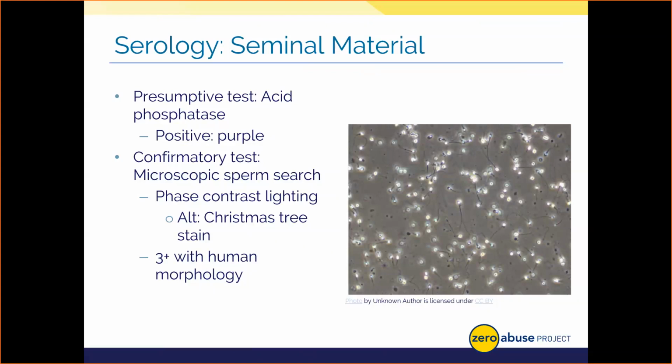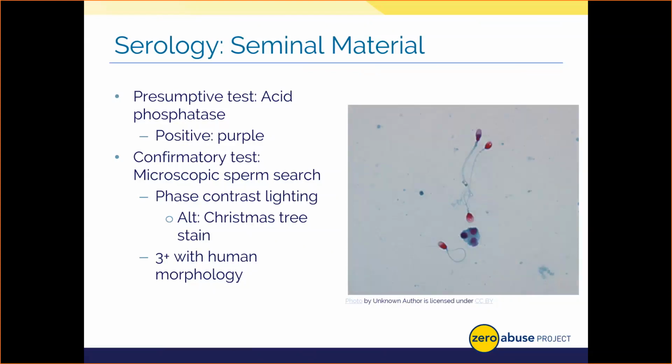And it'll hit the sample in such a way so as to make normally transparent things appear visible to the naked eye. Now, what if your lab doesn't have the expensive phase contrast capabilities, right? Well, they could use what's known as a Christmas tree stain technique. And I think you can see, for the sake of time, what happens here, right? And why we call it the Christmas tree stain.